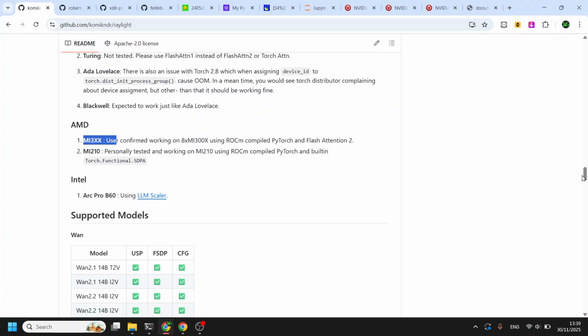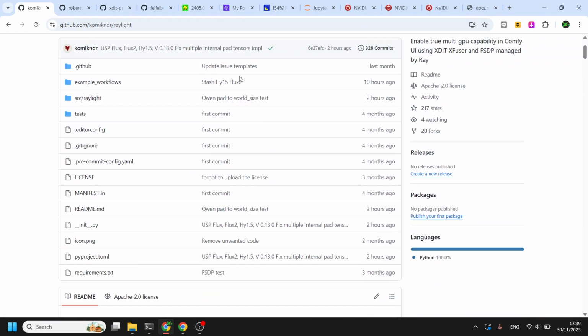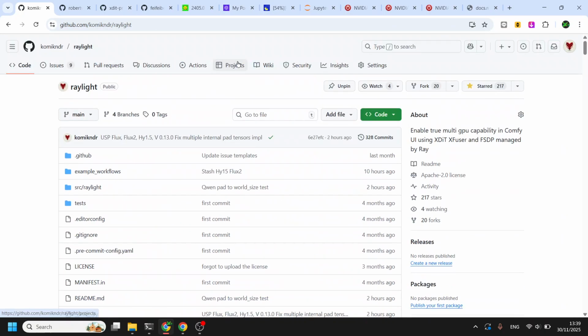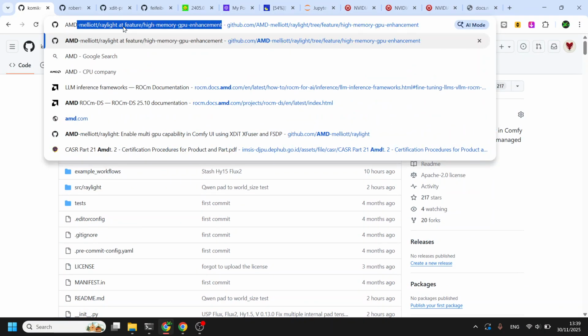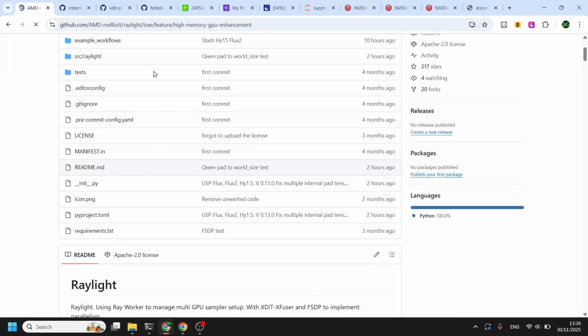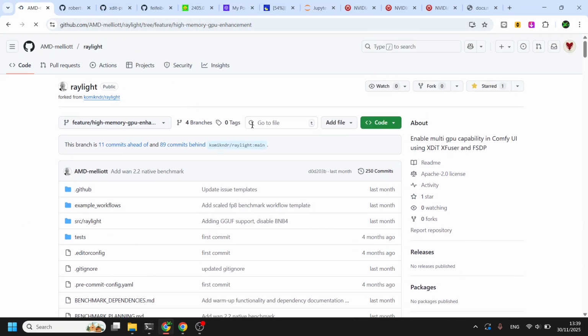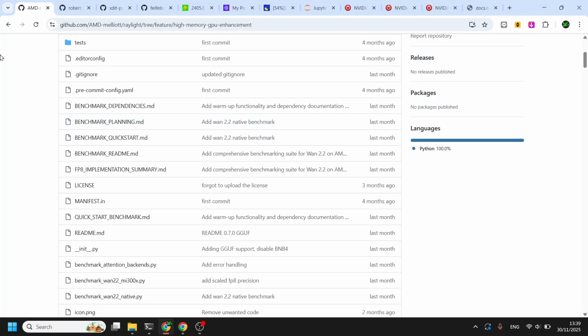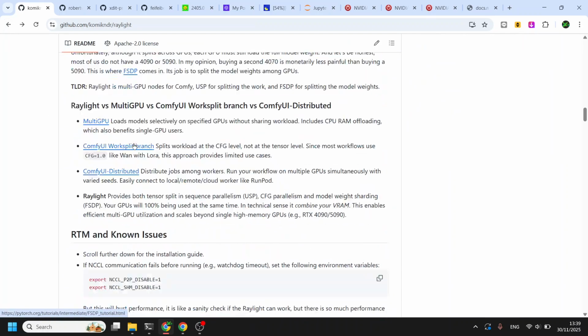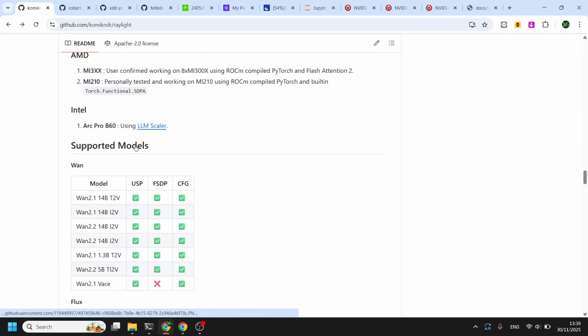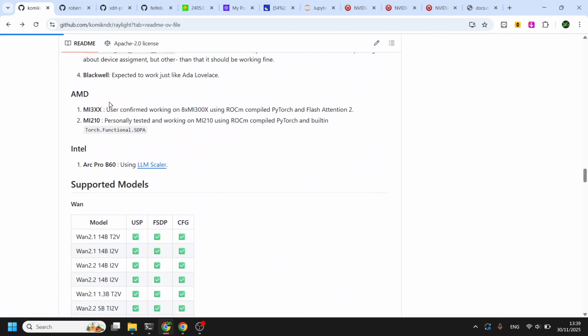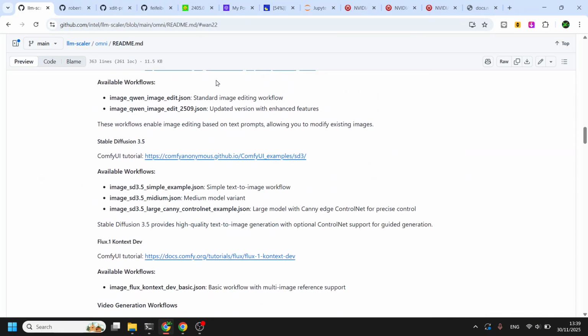AMD, if I'm not mistaken, is already implemented. Yeah, AMD already tested by, I think, this guy from AMD. And what else? Oh yeah, LLM Scaler from Intel.